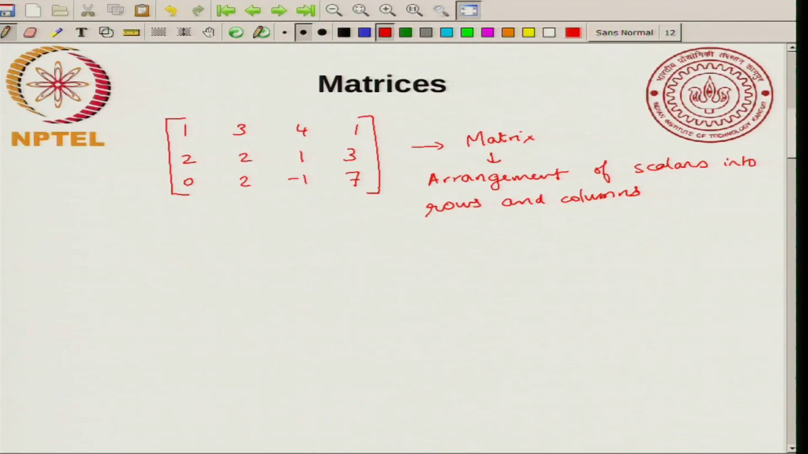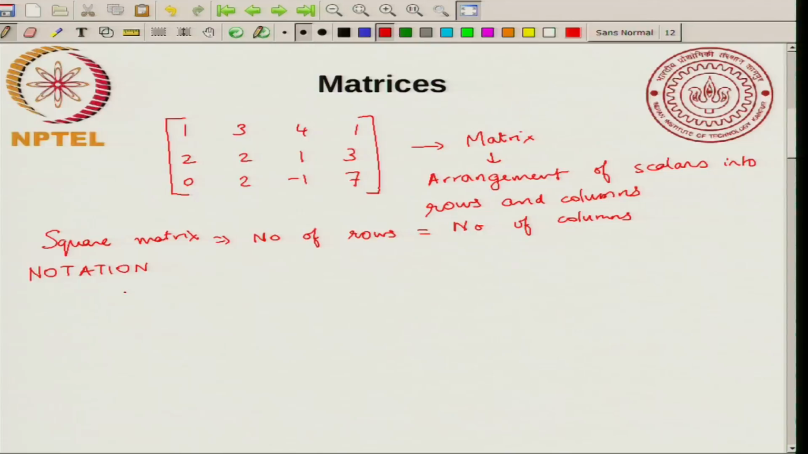Okay. So, you can also have what are called square matrices. A square matrix implies the number of rows is equal to the number of columns. Now, the notation we will use for a matrix. So, notation for matrices,